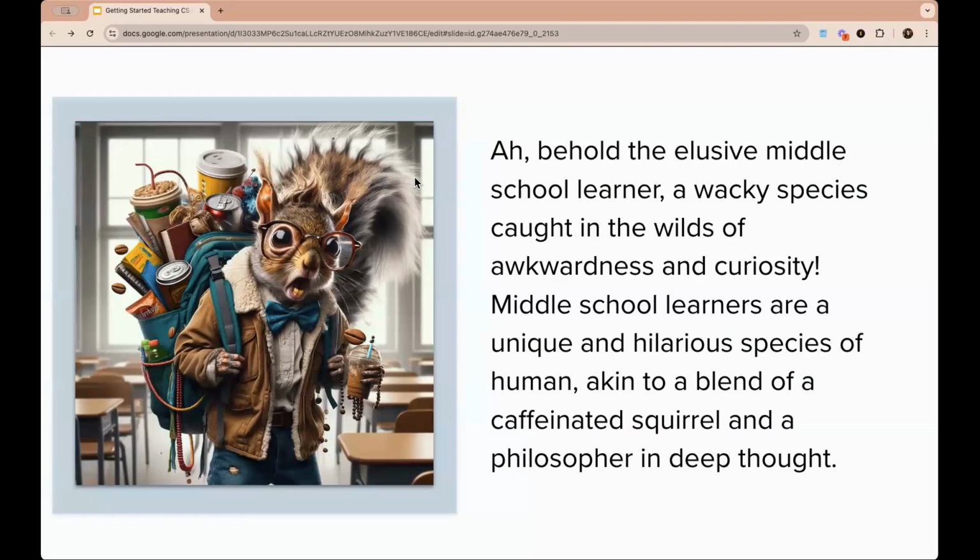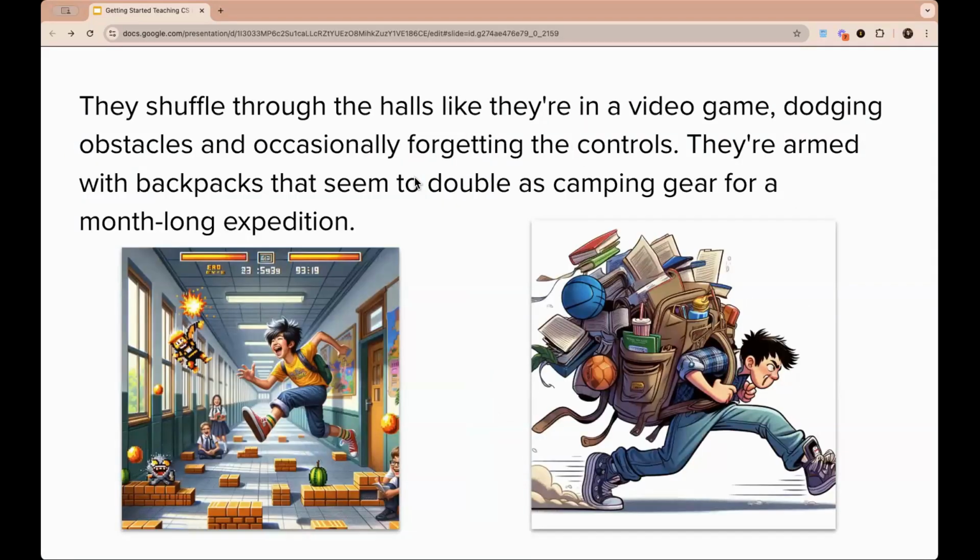Middle school learners are a unique and hilarious species of human, akin to a blend of a caffeinated squirrel and a philosopher deep in thought. They shuffle through the halls like they're in a video game, dodging obstacles and occasionally forgetting the controls. They're armed with backpacks that seem to double as camping gear for a month-long expedition.